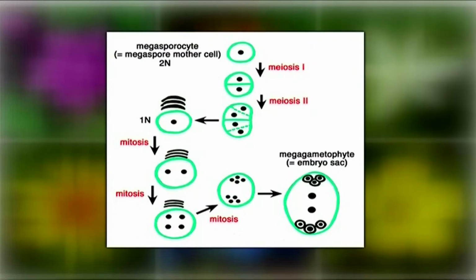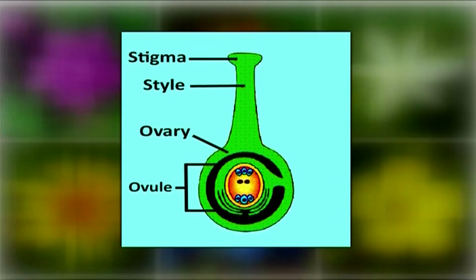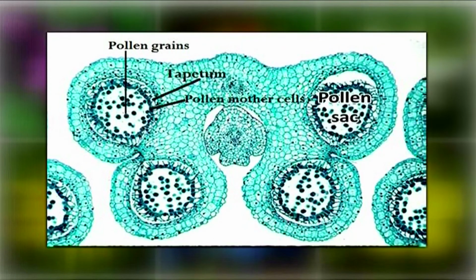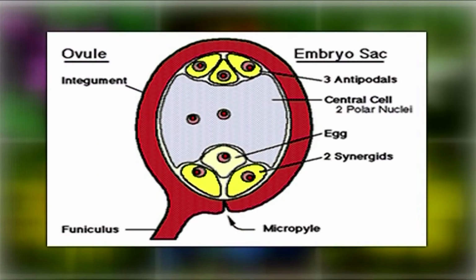Flowers contain sporangia and are the site where gametophytes develop. Flowering plants are heterosporous, producing two types of spores. Microspores are produced by meiosis inside anthers, while megaspores are produced in ovules attached inside an ovary. In fact, an anther typically consists of 4 microsporangia and an ovule is an integumented megasporangium.